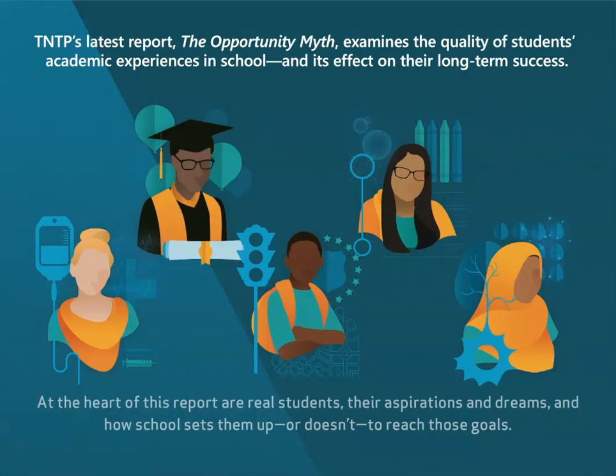In September 2018, TNTP published its 6th national report. This report was centered on the student experience. So think like, what are kids doing every day in classrooms? Are they interested in their work? Do they feel challenged? We combined several thousands of hours of observations, student work samples, student and teacher interviews, and student and teacher surveys. And we took all of that information and data, and that's turned into this report that is called the Opportunity Myth.